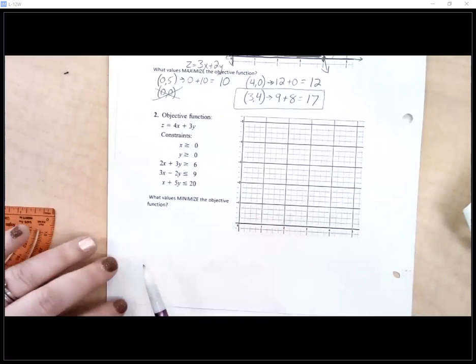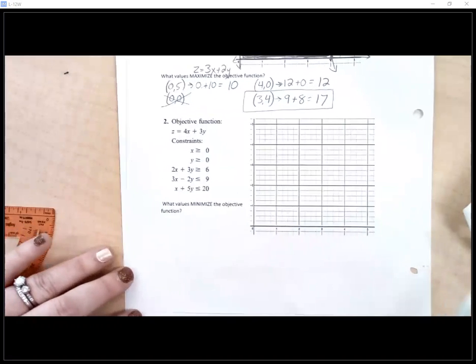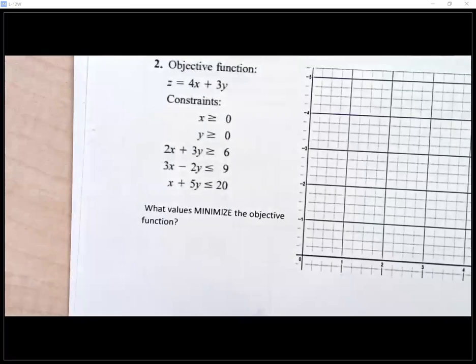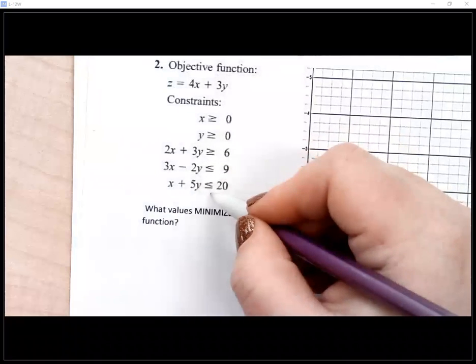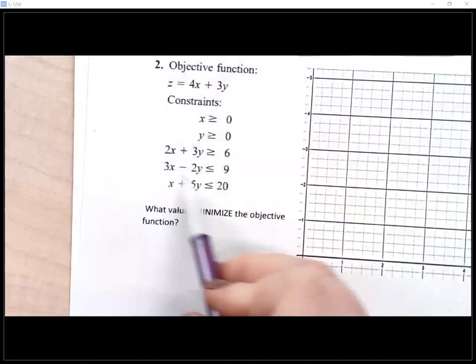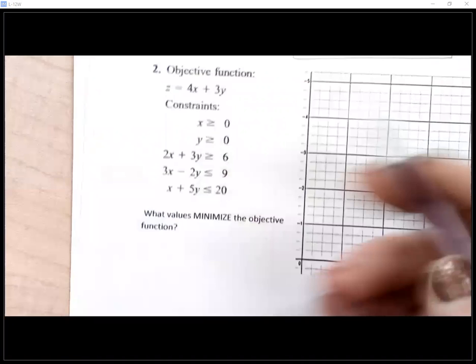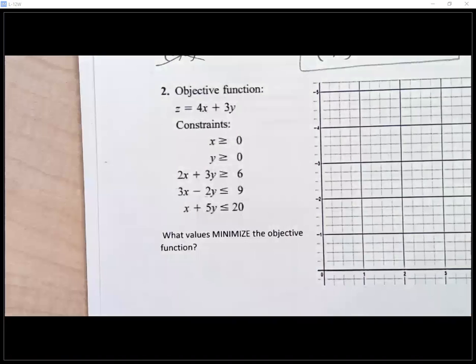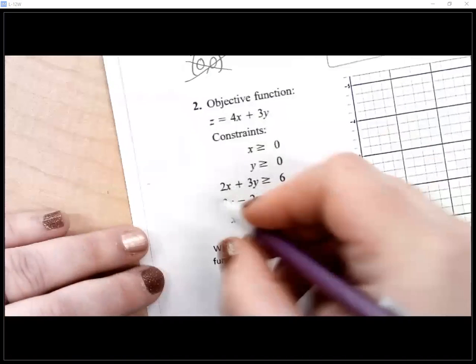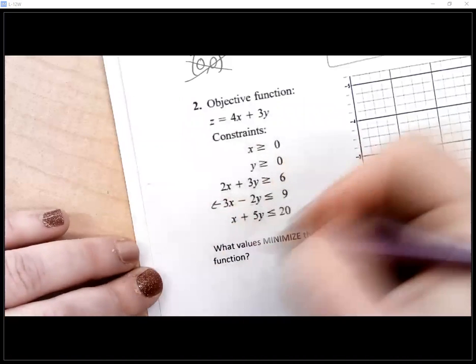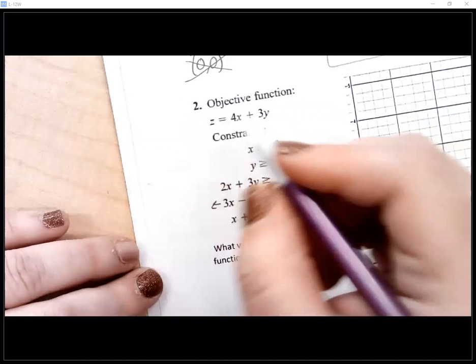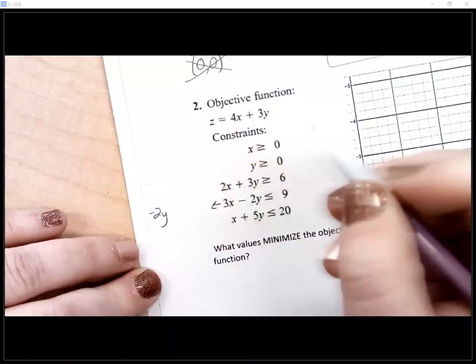May I just caution you on one thing? When you are rewriting these into slope intercept form, aren't you going to minus the 3x and divide by a -2? And what happens when you divide by that -2? You flip the sign. So in fact, why don't we do this one? Because if you shade the wrong way on one of them, your entire feasible region changes. So it's really important to make sure that you've got these right. I'll just do this one with you, because the other ones are all going to be fine, I think. So this would be a -2y that are equal to,